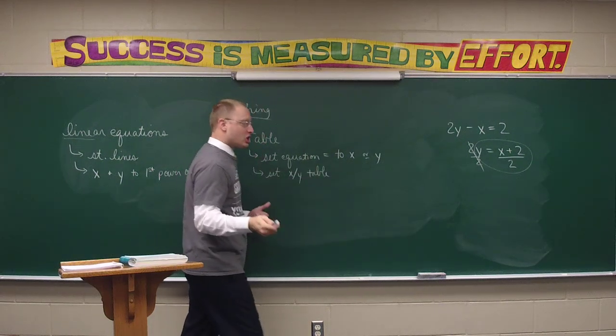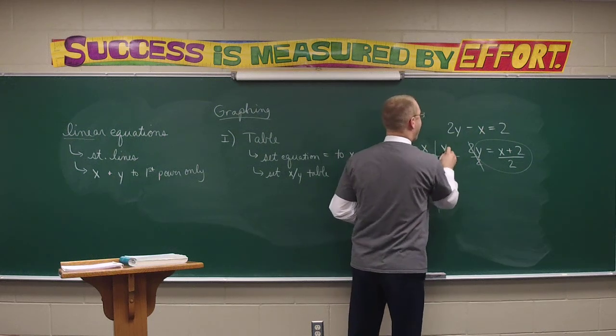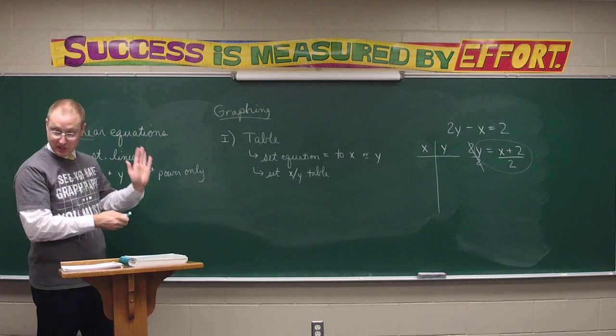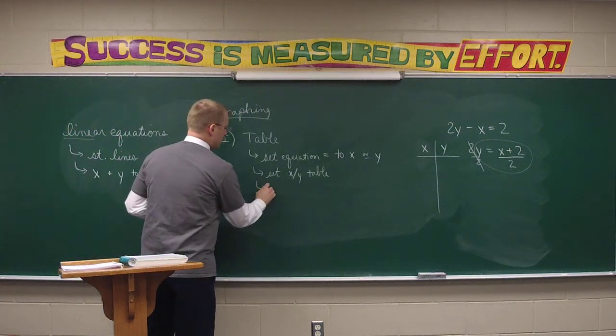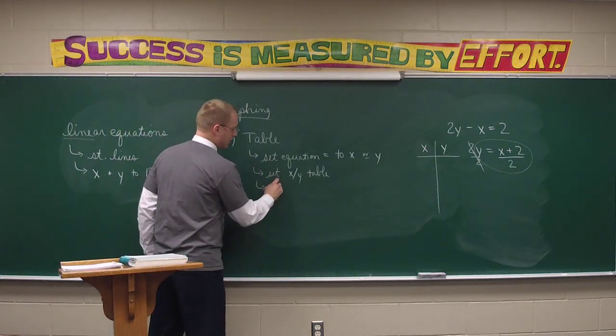It's a basic T-chart, 2 columns. It is important to make sure you put x's then y's, so that you get your sets of coordinates listed out with abscissa before ordinate. So xy table. Step number 3, plug in values